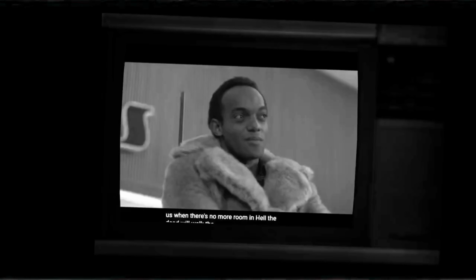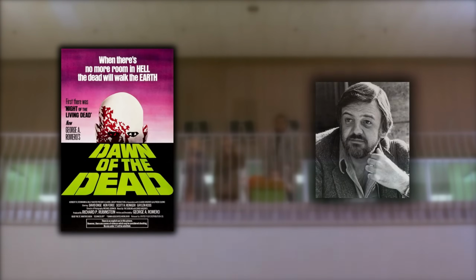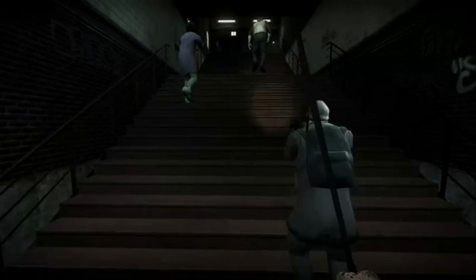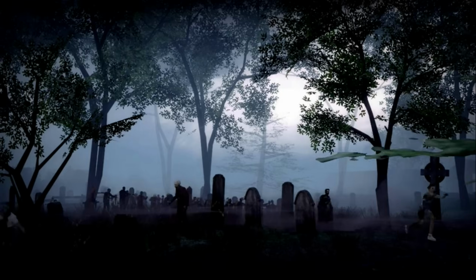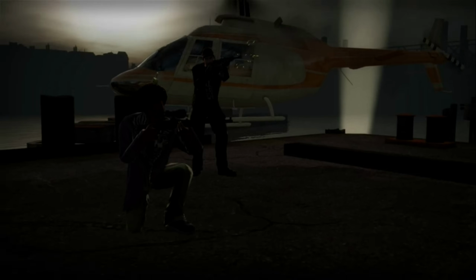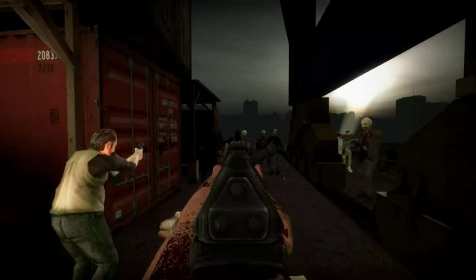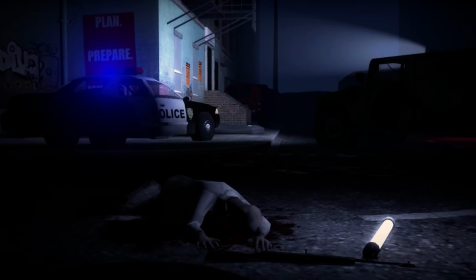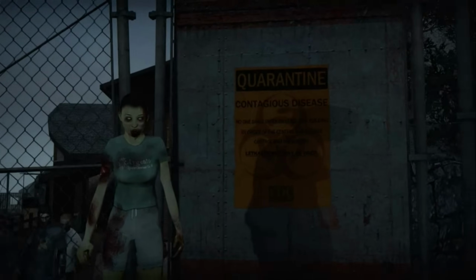This line alone from the movie Dawn of the Dead from George Romero is what inspired the developer Max Cbb to create the game No More Room in Hell, a cooperative zombie shooter that delves into the realm of survival horror, pitting players against hordes of zombies in a desperate bid to escape. The game offers a unique blend of slow-paced action, strategic gameplay, and atmospheric tension, immersing players in a world of